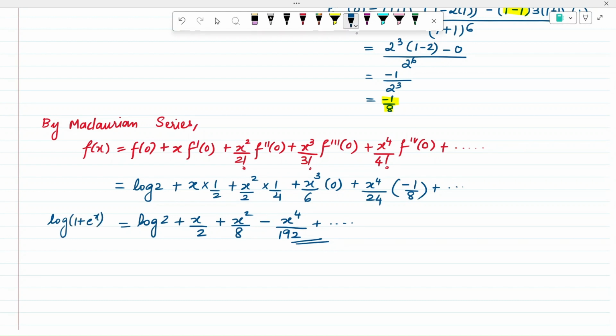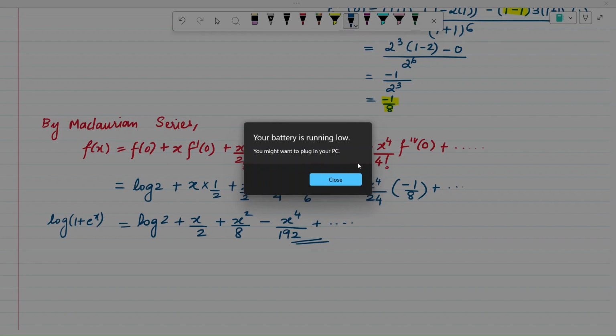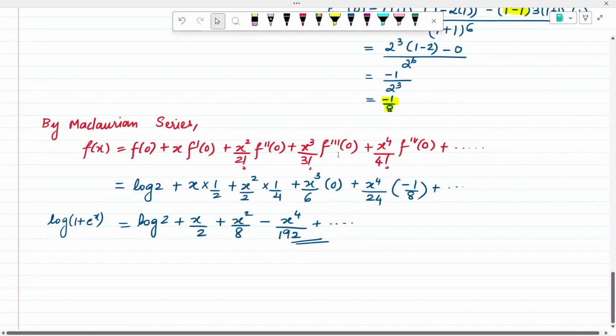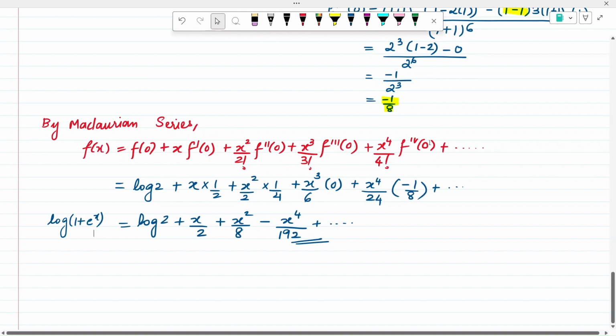Okay. I hope the question is clear with all of you, and how to handle Maclaurin series is also understood by all of you. Now we'll be going on with the standard function expansion. We'll be first deriving few of them, not all of them, and we'll be using them to solve questions. Okay, so for today we